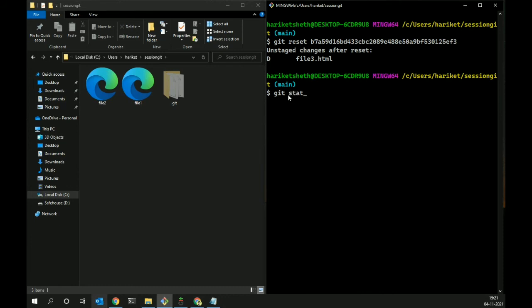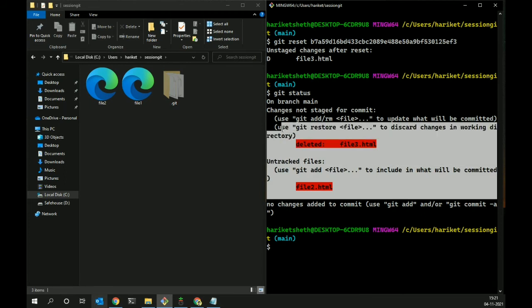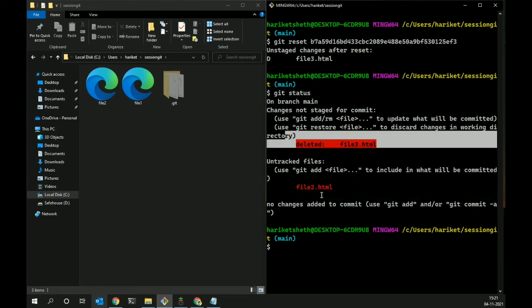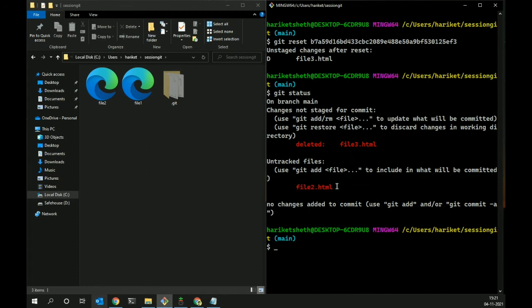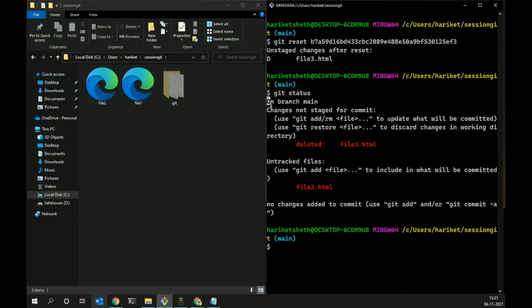You can check git status for that, and you can see all of the changes are now in git status. They would be unstaged or untracked. File 2 was created after file 3, so that's why it's untracked. You can see this change is removed now. Also, you can see the commit which was reverted, like we reverted file 3 added, which is deleting. Basically it does the opposite of everything, so it deleted file 3. You can see both these things are now in untracked and unstaged versions, right?